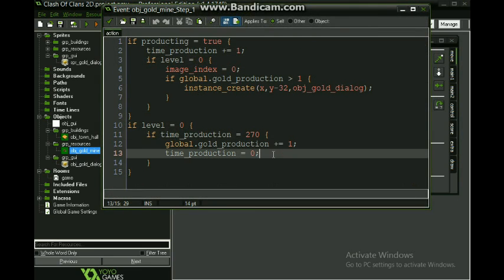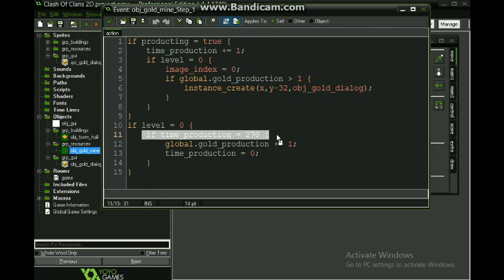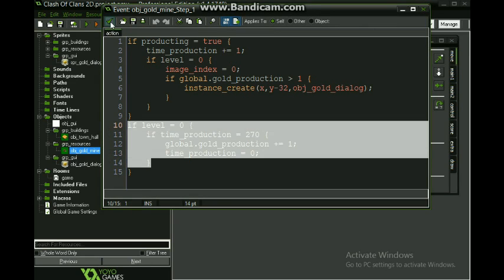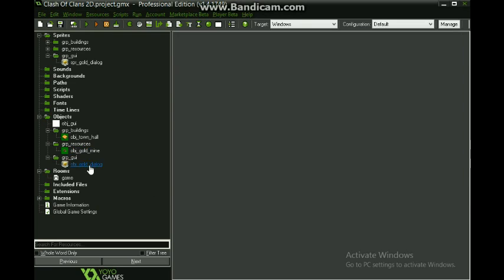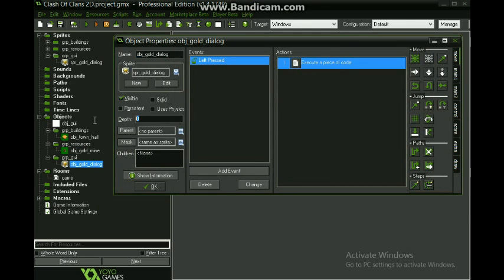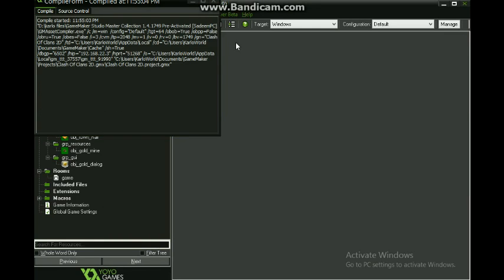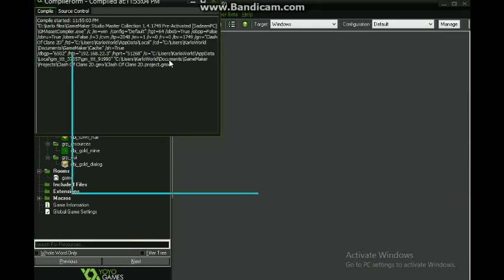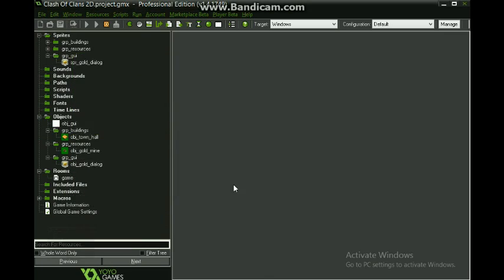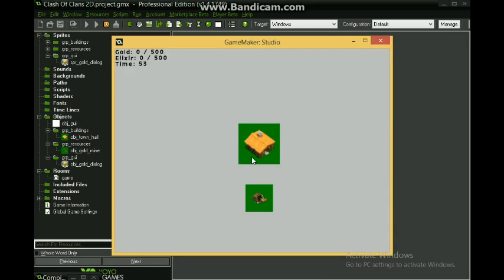So that is our first bug. Global.gold_production. Wait, I think it might be the depth is -1. I completely forgot because I have the scratch on it.